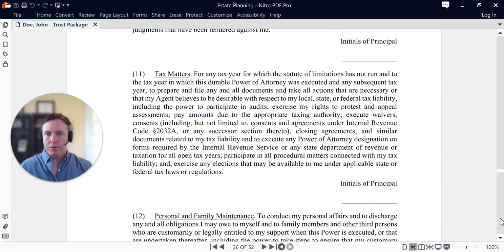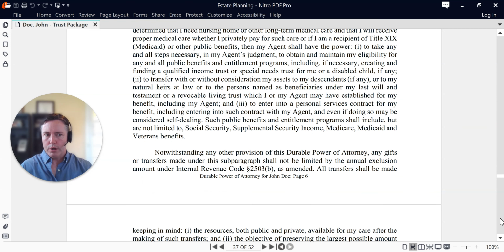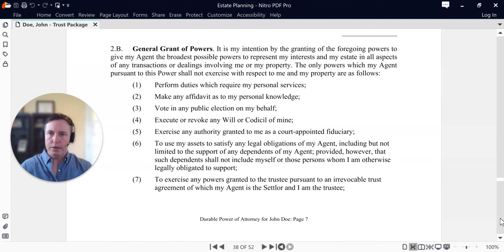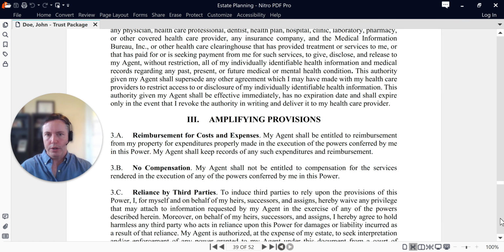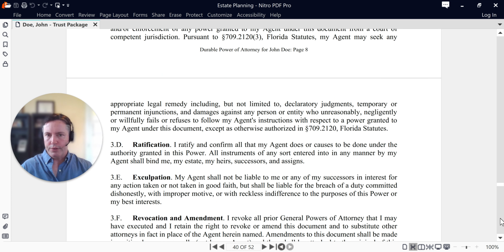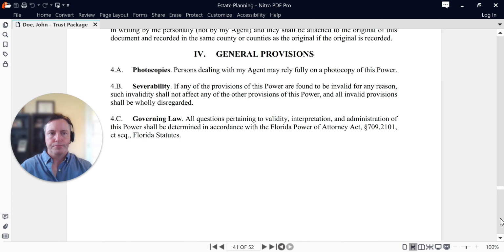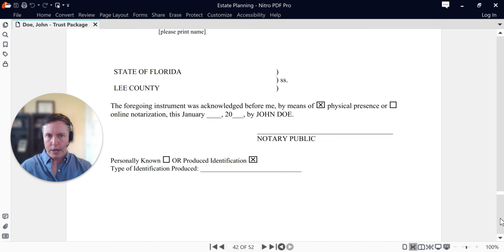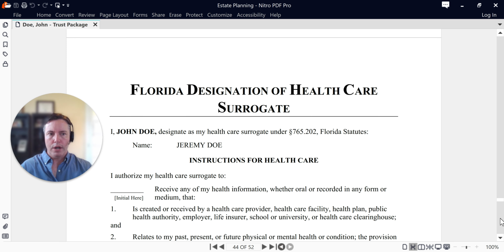And as you go through all of these powers, it could be a little bit overwhelming. There's a lot of detail. These used to be a little more straightforward, and now they're a lot more involved than they were. But you're pretty much just saying, whatever I can do over my assets, I'm allowing this person to do for my benefit. So they can withdraw funds, but they can't use them for their own purposes. And of course, you could revoke or amend this document just like anything else if you're ever unhappy with how it was playing out.